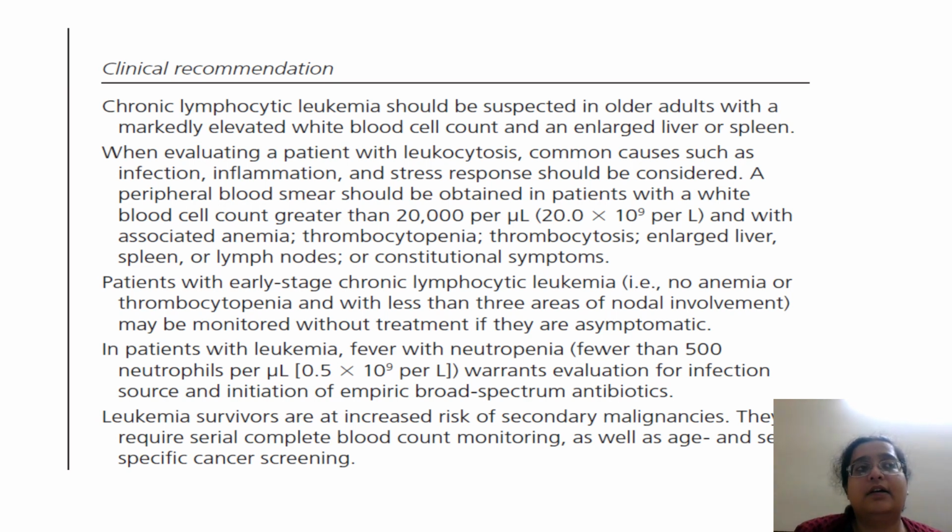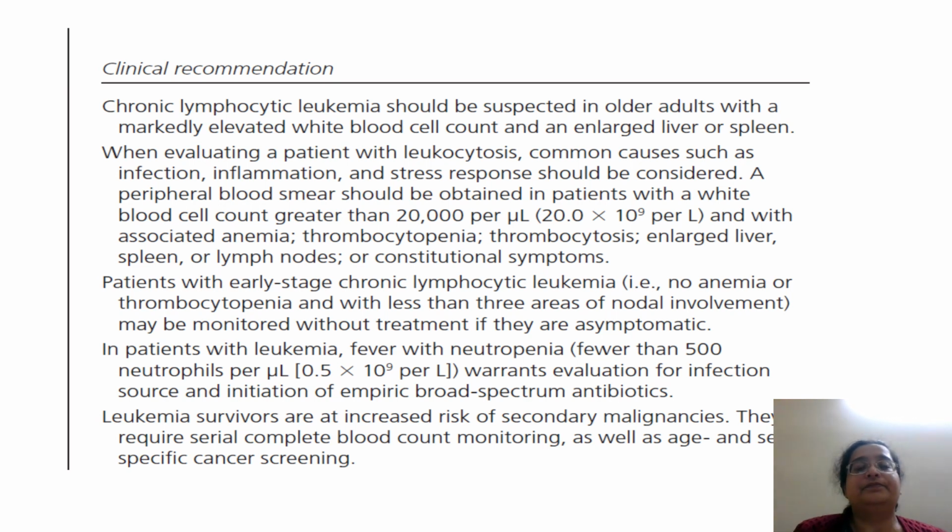Having said that, of late, a new entity known as MBL, monoclonal B-cell lymphocytosis, which is somewhere between a normal or a lymphoid leukemoid reaction and a CLL, is there, where there is monoclonality in the B cells. There is some morphological resemblance of the B cells with what you will get in CLL, yet there is some difference. It is a pre-CLL kind of condition, not a full-blown cancer. So these entities need to be kept in mind when we are diagnosing a CLL. What the author has written here is not absolute, but it is applicable to a large part of the population.